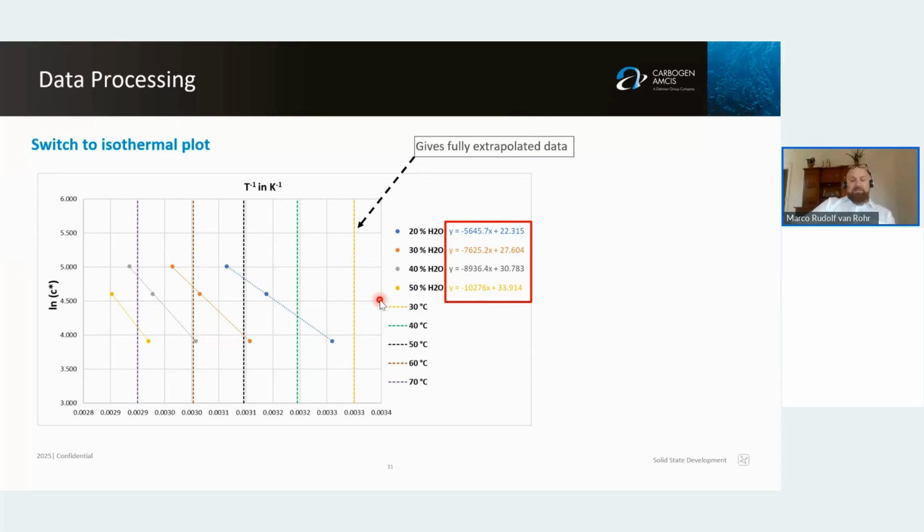And now it starts getting interesting because right here, I marked the different temperatures. So 30 degrees Celsius will be here. And this will allow me to extrapolate data because I could just extrapolate this set of data into 30 degrees Celsius. I know that it's dangerous, but we can do it. And I show afterwards what the benefit of that is. But I have now the option